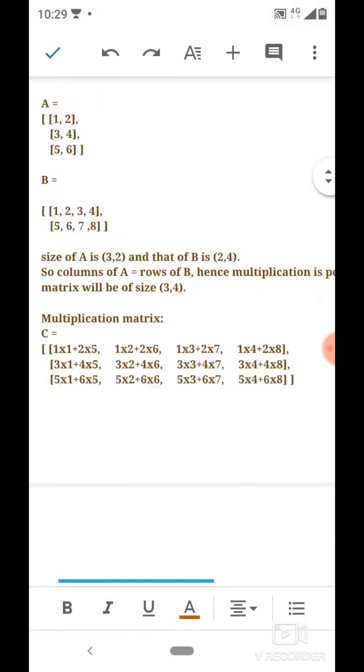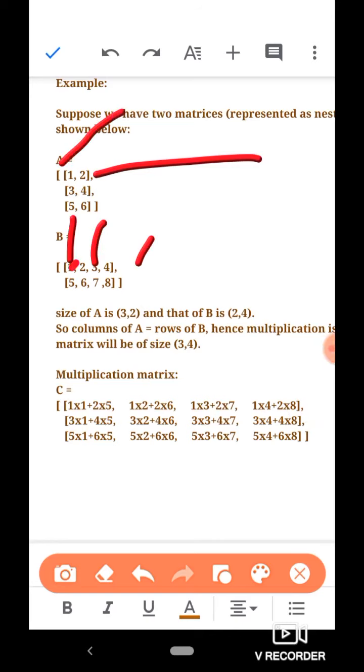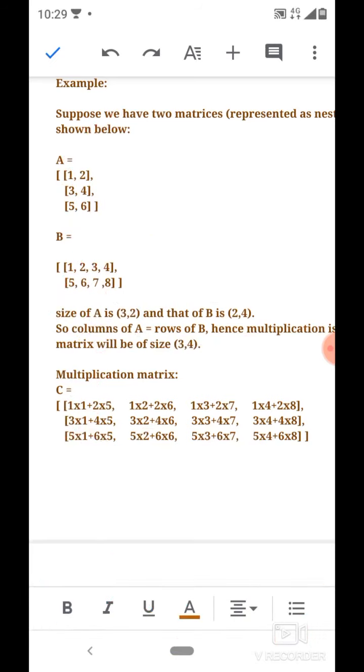What we did is, one by one, we took the rows of matrix A and the columns of matrix B and multiplied each item from the row with the corresponding item from the column, and then added them. So every item from that row must be multiplied with some item from the corresponding column. It is required that the number of items in this row must be equal to the number of items in this column, so that each item can be multiplied and added. Okay, so this is very important that you remember that.